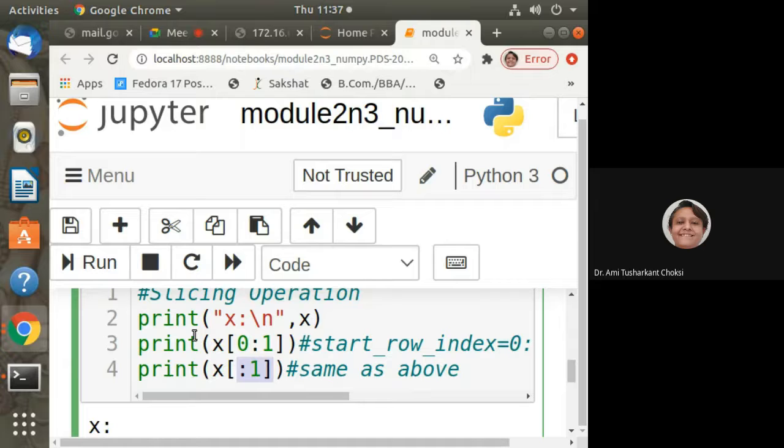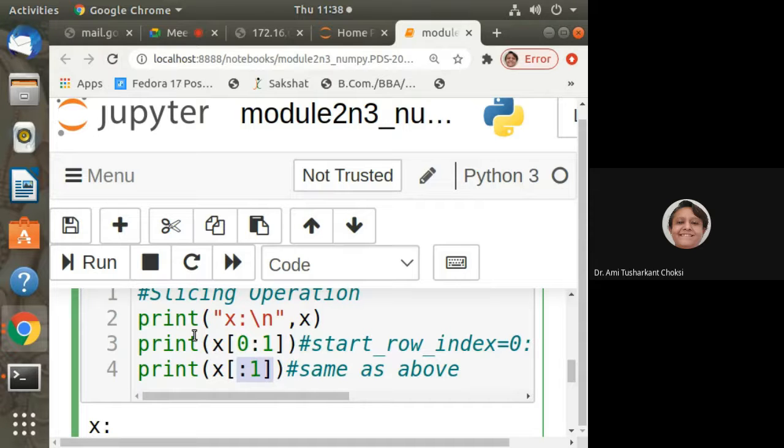Nothing is being specified for row, right? Nothing is being specified for row, but for column 1, it is being specified. Sure, for column it is being specified? No. If a comma is there, and after that something is given, then it is specified for column. Otherwise, no. So here, when it is given colon 1, it means that the starting index is not specified for row, but the end index is specified for row, and that is 1. So minus 1 we should consider.